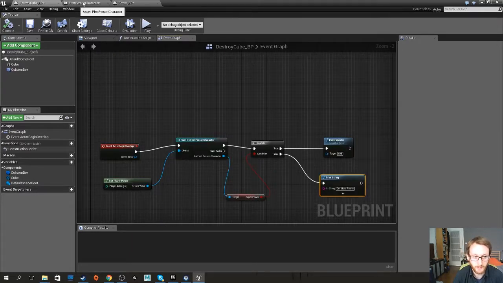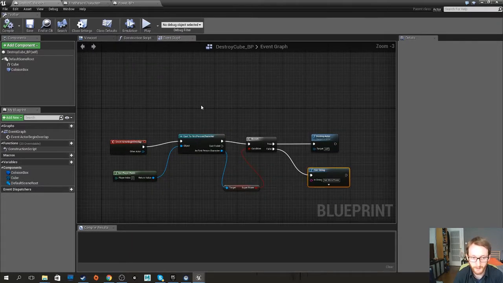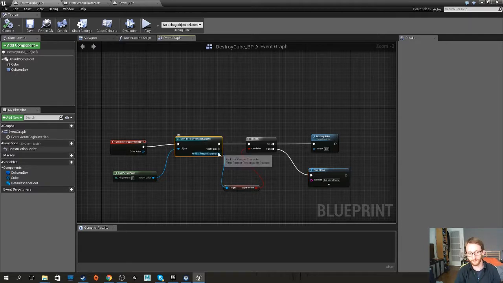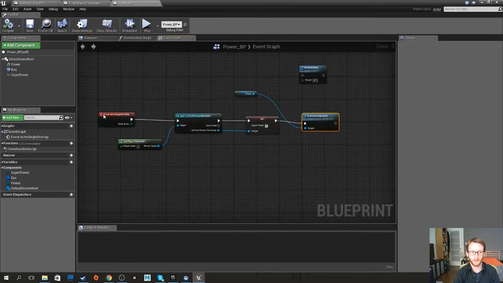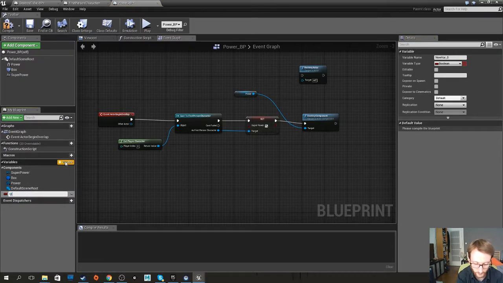Now, it becomes a little bit more tricky to explain casting. You can only cast from something that actually exists already. You have to define what you are casting from. You can't say, for example, I want to cast something from a blueprint, for example, like the power blueprint. All right. If I say, for example, a variable, say ultra power,